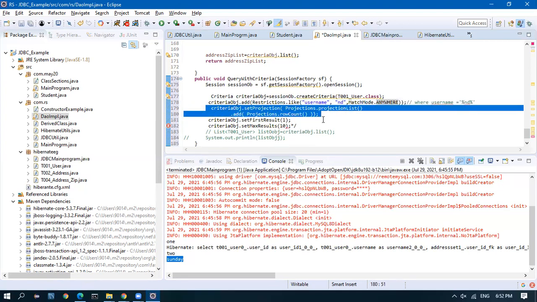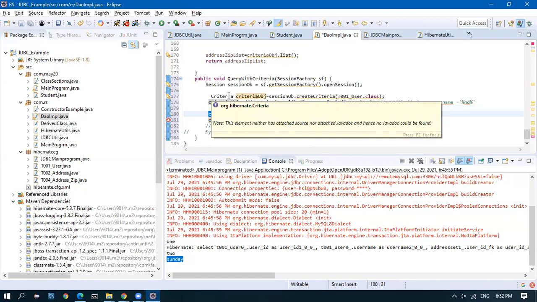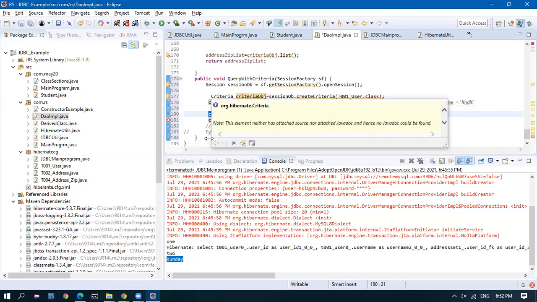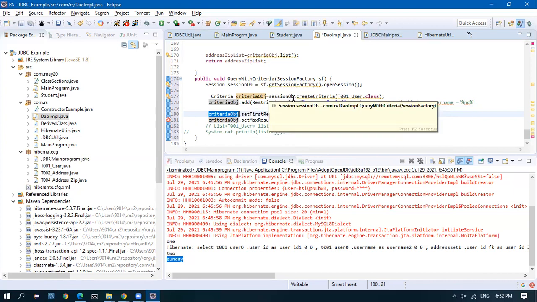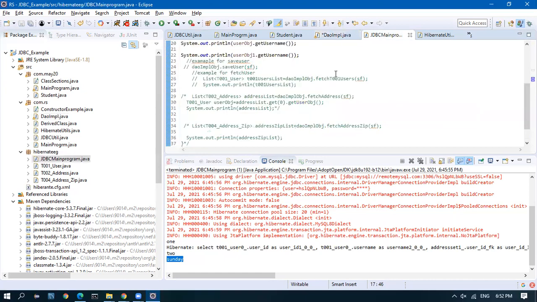Projections are for getting the total row count. So these are high-level concepts. You'll get access to them from the net also, not an issue. This is for pagination. If you go to the documentation, this class has tons of features which should be useful depending on your project. So for now, what you should know is how we configure JDBC.